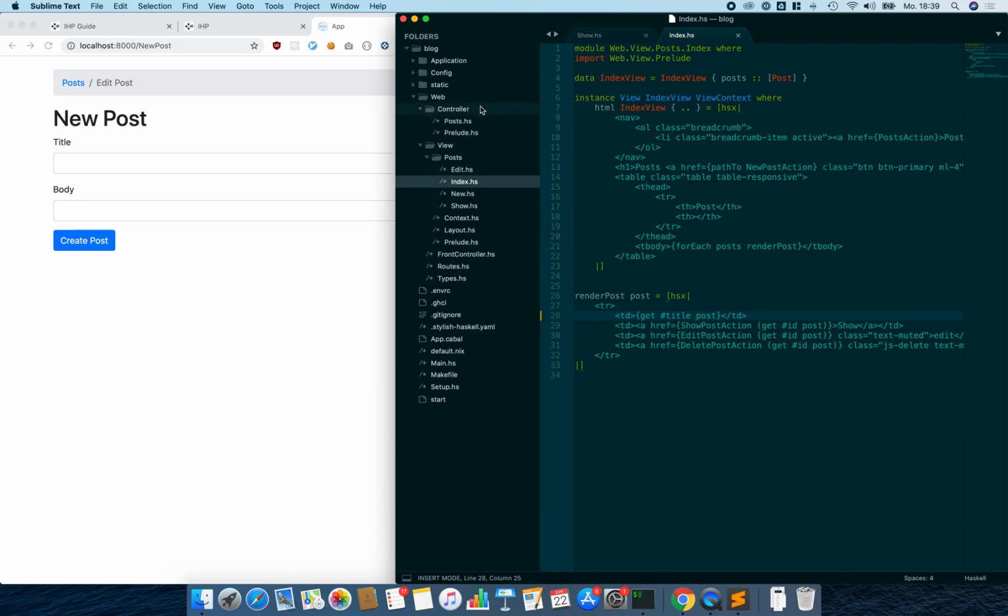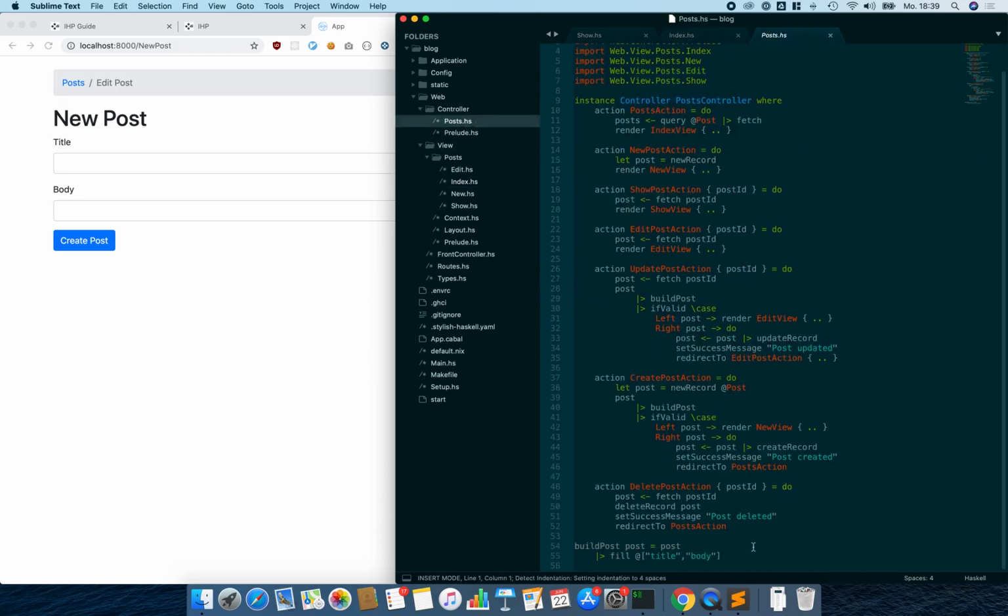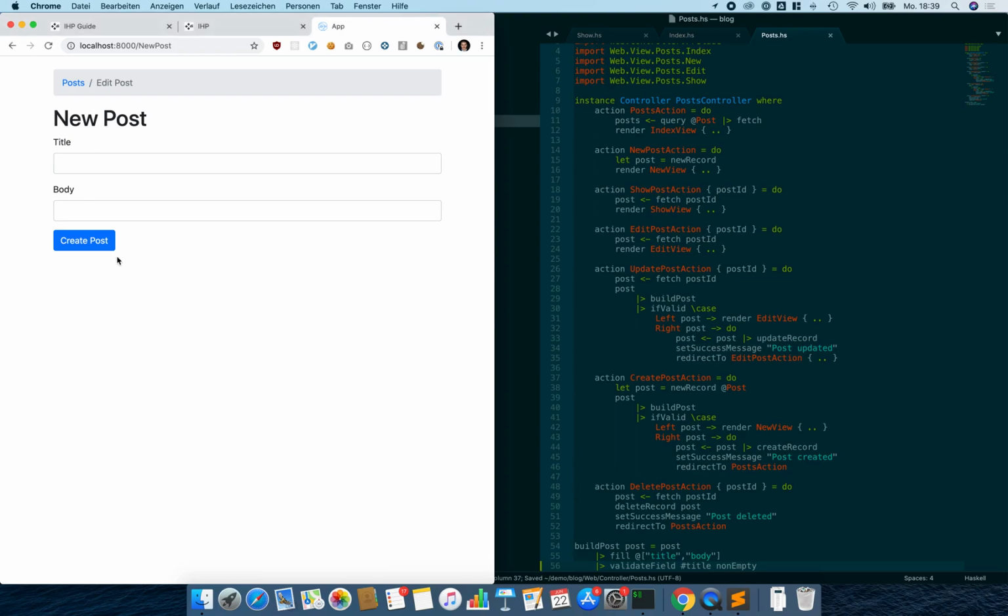For that, we are going to open the post controller over here. And inside this build post function, we are going to add a validate field title non-empty. Now when we click create post, it tells us this field cannot be empty. So we can